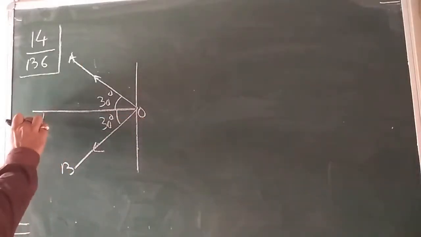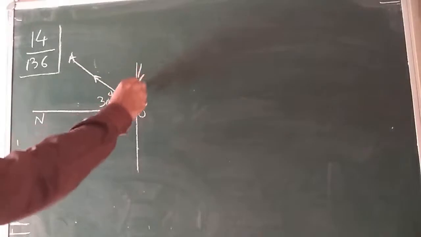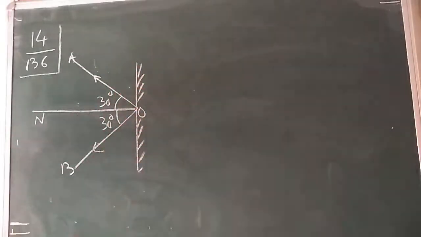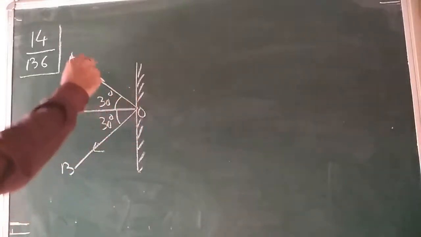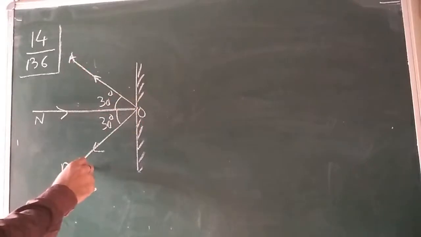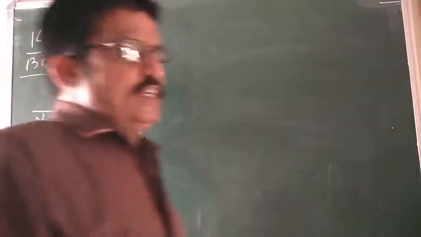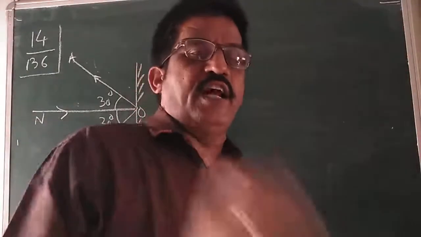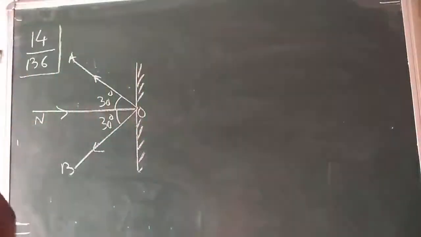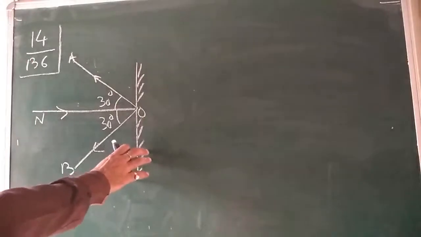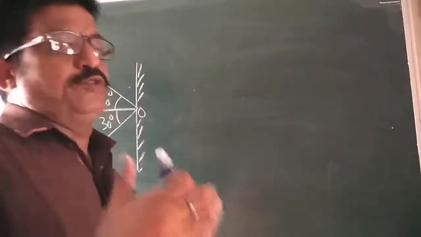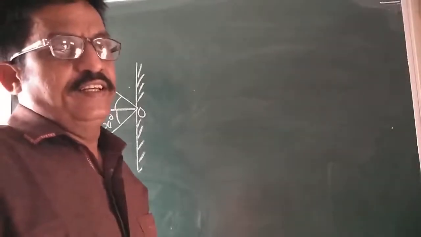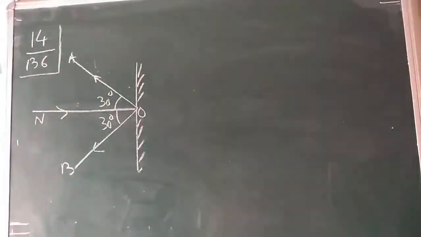The molecule in a gas container hits a horizontal wall. This is the horizontal wall here, with the speed of 200 meter per second. Angle is this one. Rebound with the same speed here and here. Is momentum conserved in this collision, or is it an elastic collision or inelastic collision? Think first what we have to do, what we have learned in all types of collisions, in elastic collision or inelastic collision.